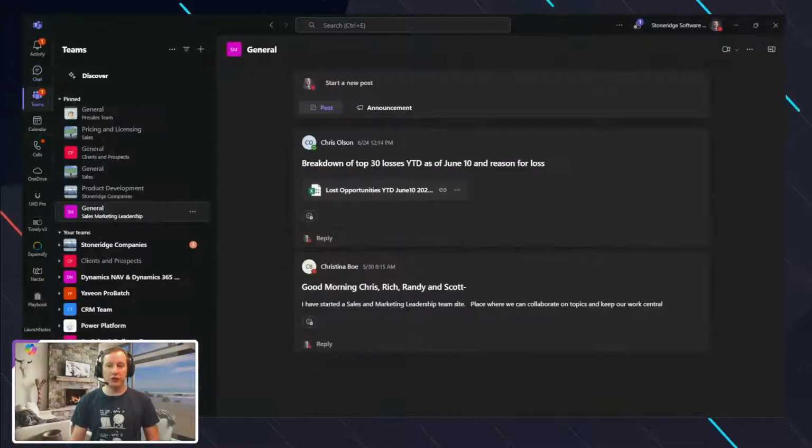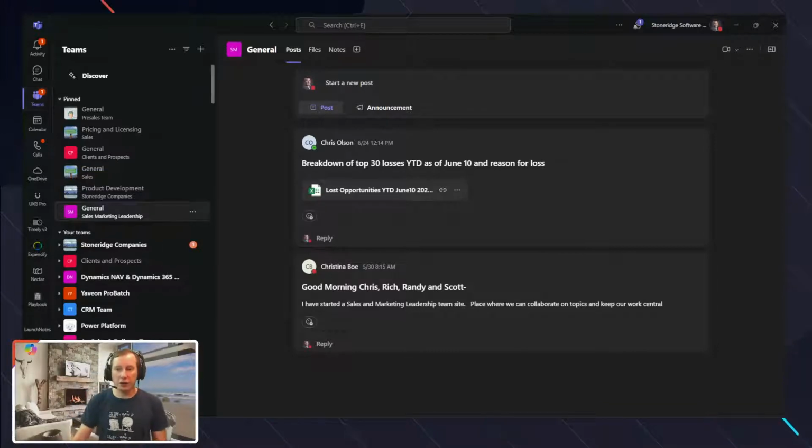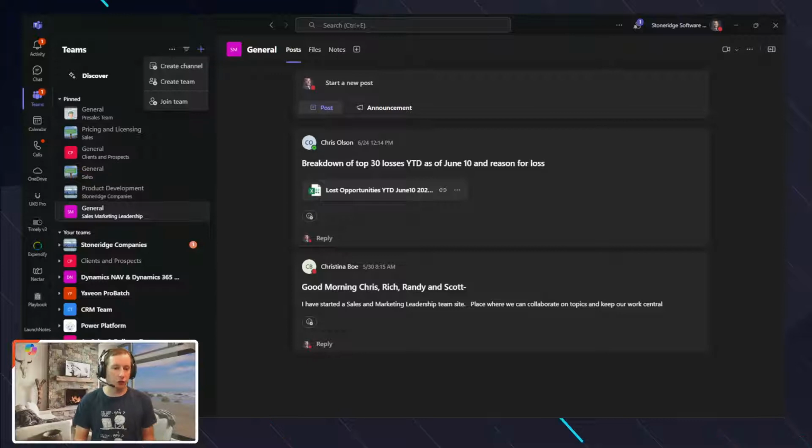Now, Teams is the other component we were looking at before, where you can generate or create new teams or channels, or potentially even join those teams or channels. So what is a team? At the highest level, a team is a grouping or collaboration space for you to tackle work that needs to be done inside of the business.